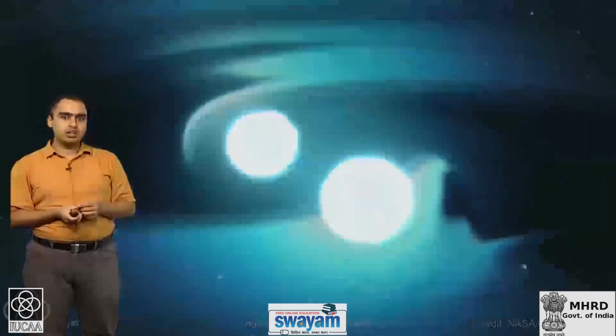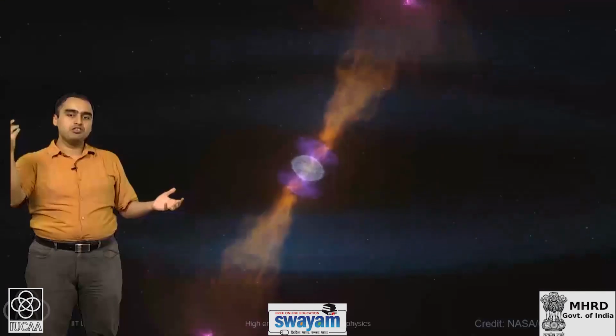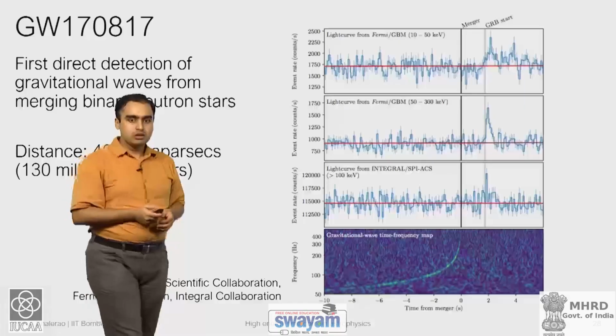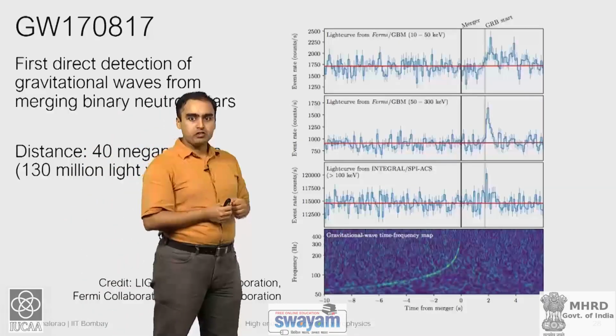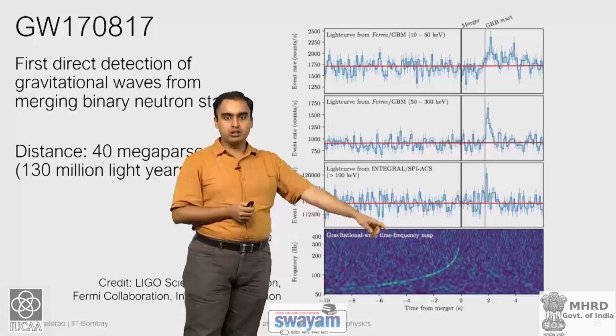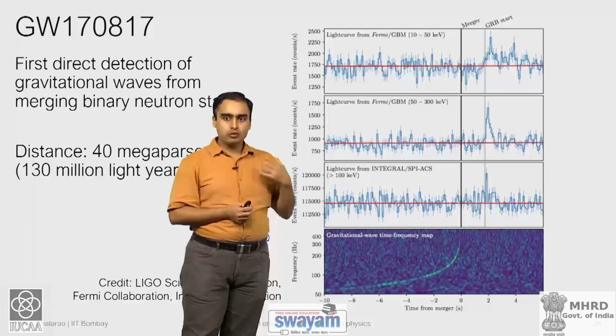So, we have these two neutron stars over here, and the distortions of space time being caused by them are also being rendered in this, and as they come towards each other and collide, what actually happens finally is that they emit this giant jet. There is a lot of ejecta that is coming out of them, and all of this going together, okay, is what was detected. So, what is seen at the bottom here is the gravitational wave signal which was detected by